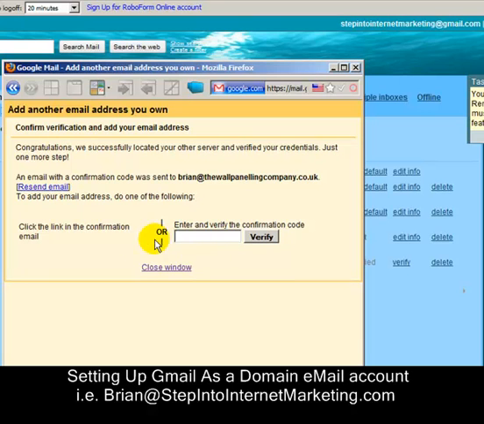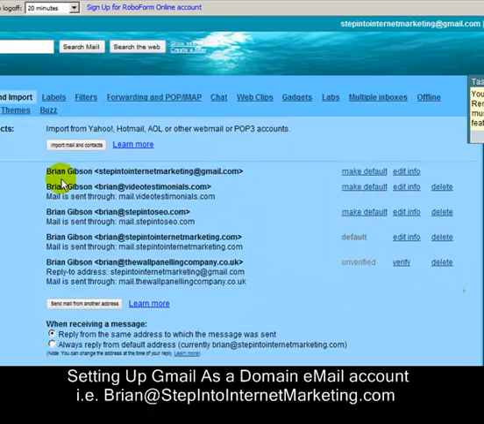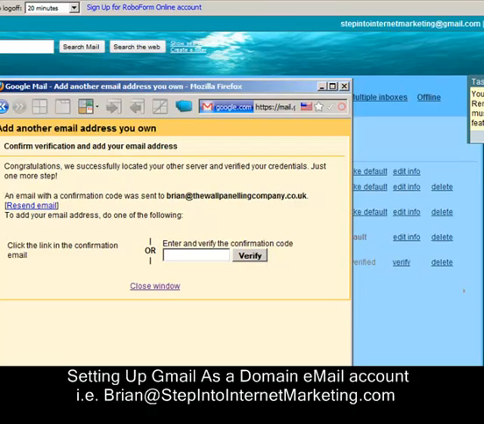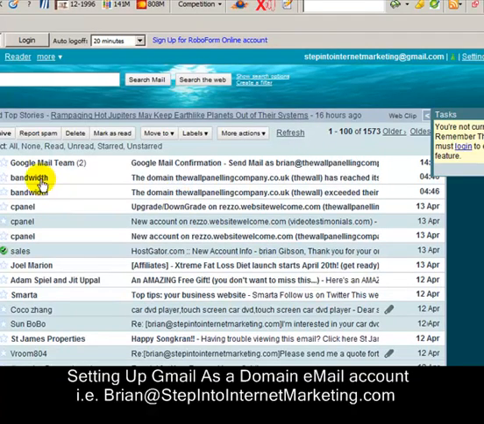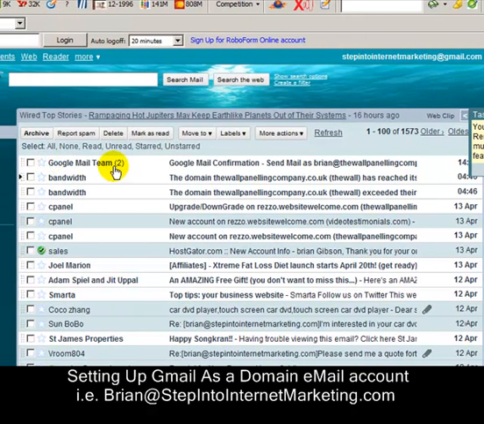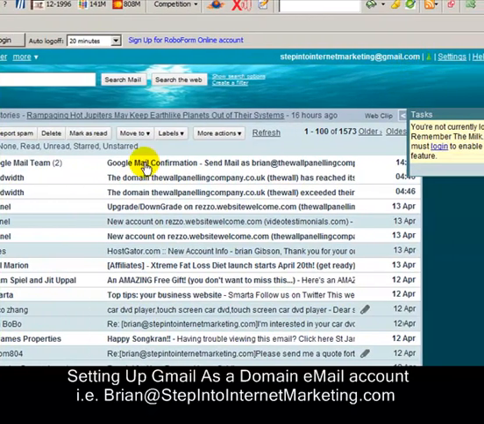And now it's going to ask you for a verification. You can close this window, doesn't matter, because as you can see, if we need verification and we come back to this screen, it's got it there to verify. And let's go and get our verification code. So the Google Mail team has sent me an email to stepintointernetmarketing@gmail.com, and I will click on that,